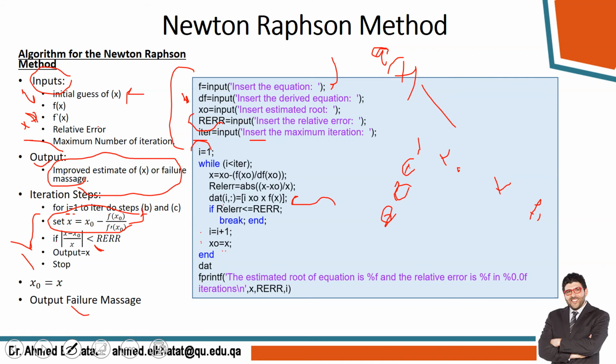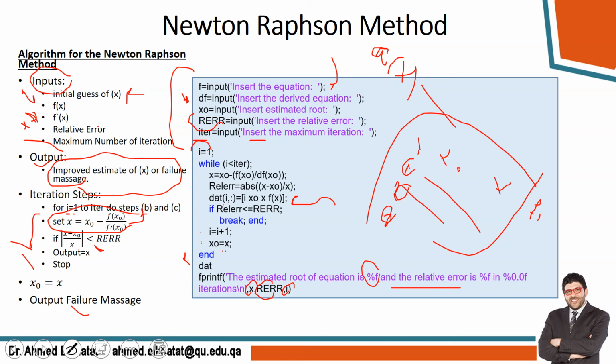Then end. It will show the whole table, and then print the estimated root of the equation, put the x, the relative error, and the number of iterations I. If we did this, we will get